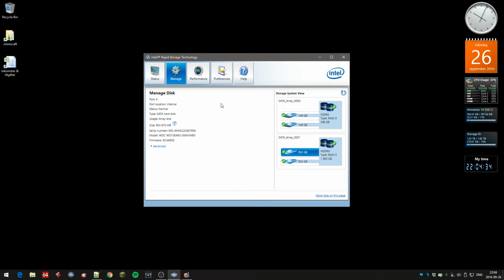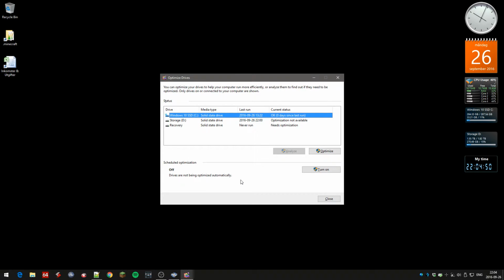This bug has to do with this Intel RST, and with the drivers for it in Windows 8 and Windows 10. The drivers cause a problem when you run the defragmentation and optimize tool here. As you can see, this is the system drive and it shows up as a solid state drive. These two mechanical drives also show up as solid state drives, which is kind of weird. And this only happens when you run in UEFI mode and with the